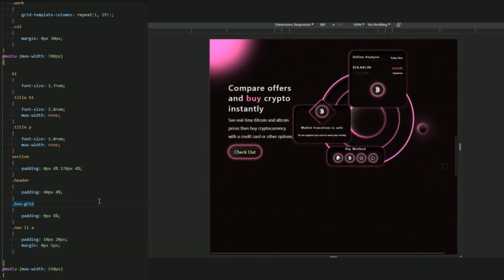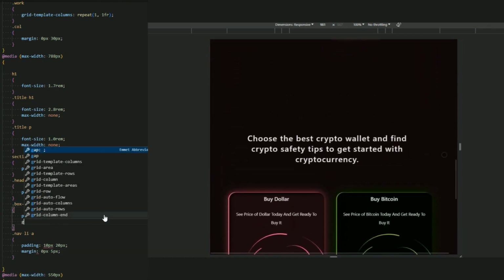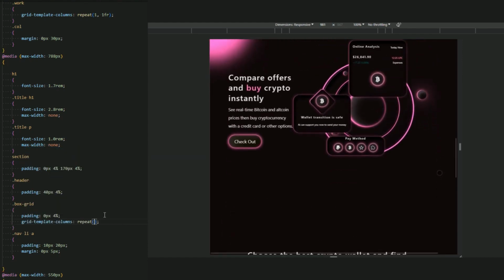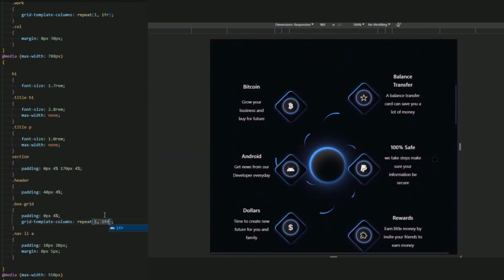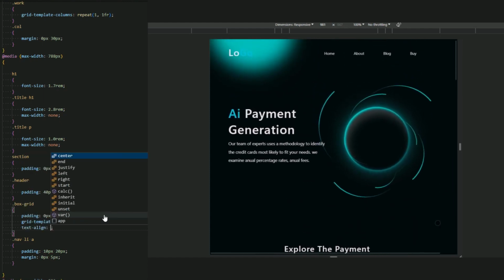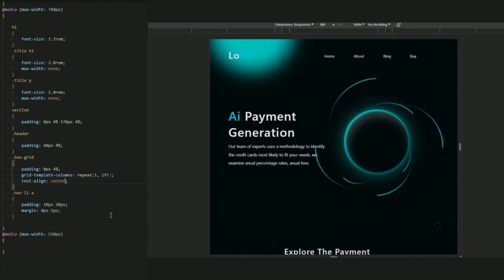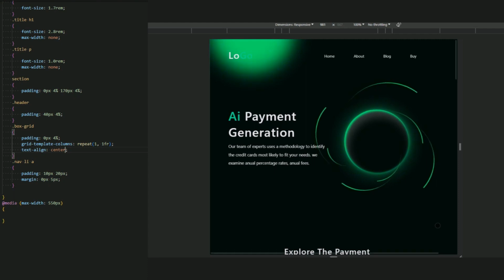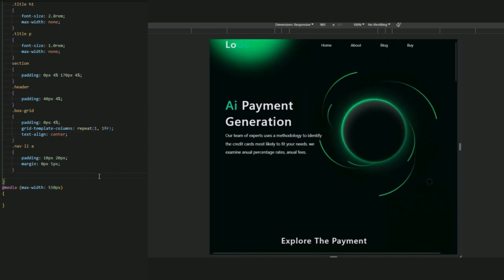Let me add a grid template columns repeat 1, 1.4, and the text align center. Okay, now better.